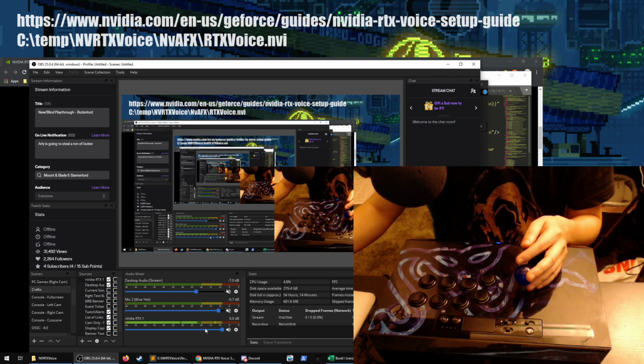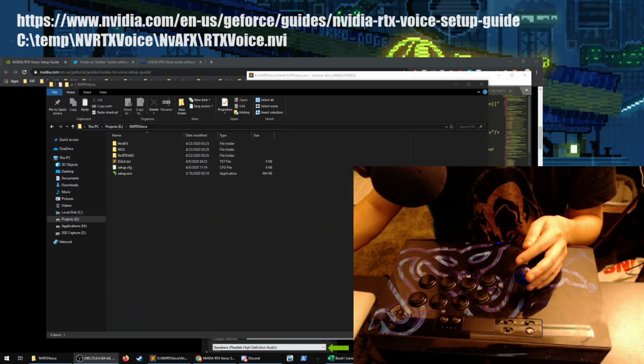And you just want to make sure that when you install this, you don't want to apply those same filters or noise suppression for this device. In Discord, for example, there is an option, and NVIDIA will actually tell you straight up